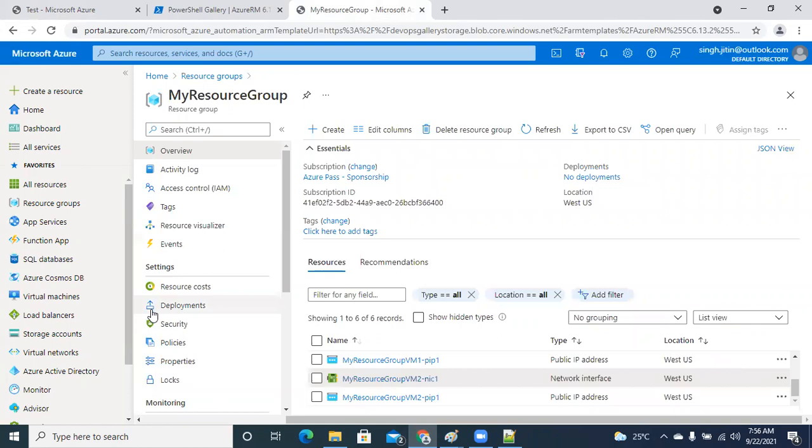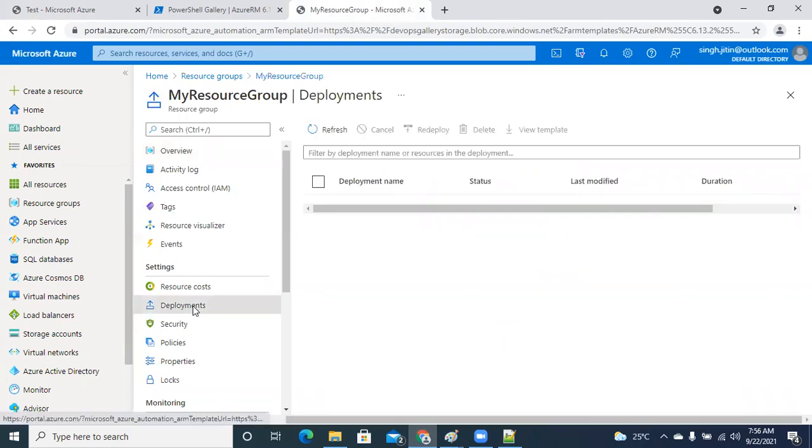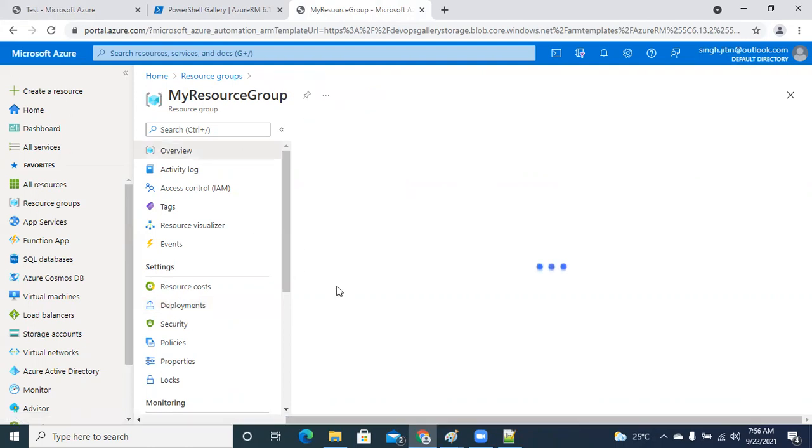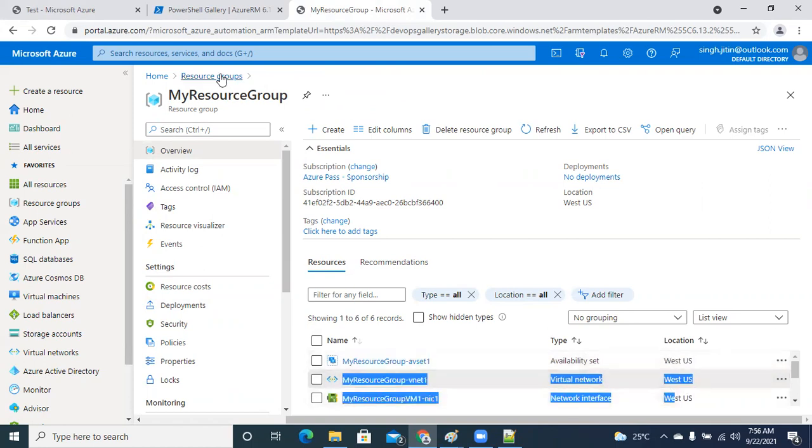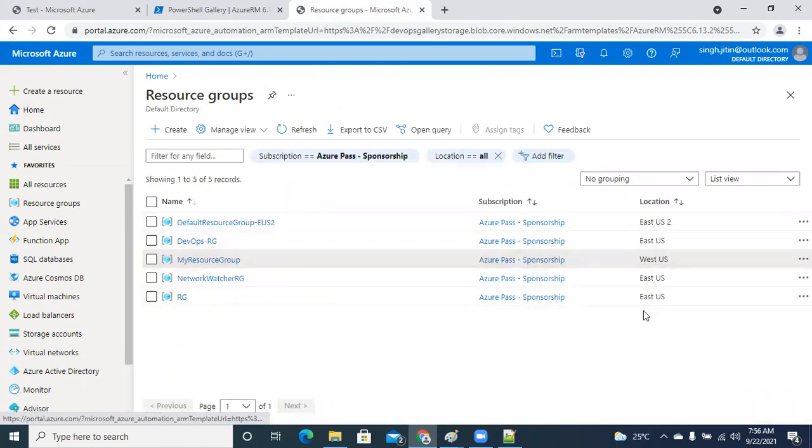And when these resources got created, if I go ahead and click on deployment, it will take a while, guys, to show this information. But you will be able to get all this information. Yeah, and this is what we have defined over here. Public IP was mentioned, and in the West US region, all these resources got deployed, and we know that we did not have any resource group in the West US region.